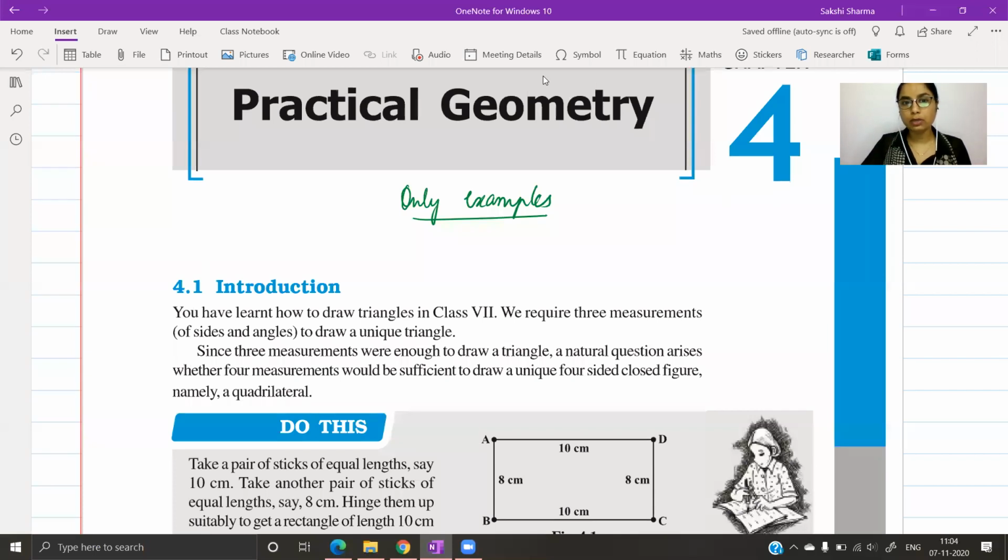Last year, you had a chapter where you learned how to construct a triangle. And for the triangle, we required 3 measurements. There were different criteria based on whether you're given the sides of the triangle or the angles of the triangle. There was one rule in which all 3 sides were given, and then 2 sides and the included angle, and then 2 angles and the included side, and the last one was right angle triangle in which hypotenuse and one of the sides are given. So these were the 4 types that you did last year. These were easier to remember. Now, based on the elements provided to you, the triangle is unique. So for a triangle, you require 3 measurements.